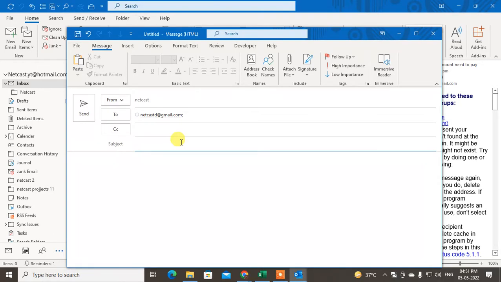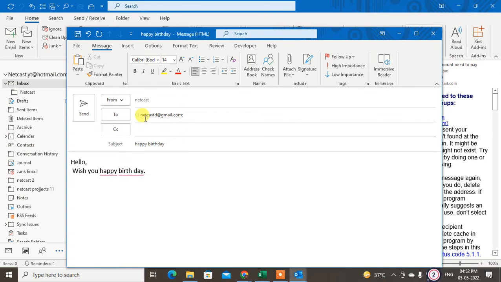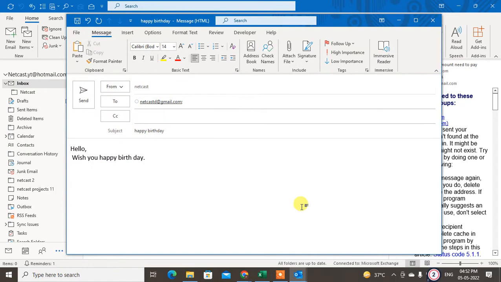So if I want to send a mail for happy birthday, I just type happy birthday. I wish you happy birthday. Write whatever you want, and just ignore the spelling mistake. Now if I send it now, it will be sent instantly. So if you want to schedule it, then